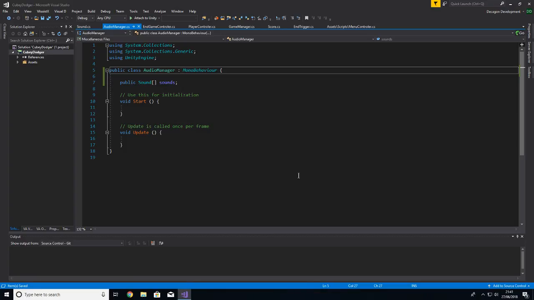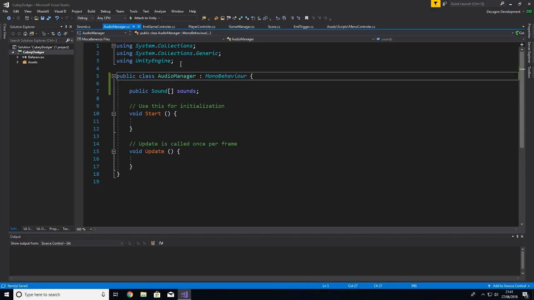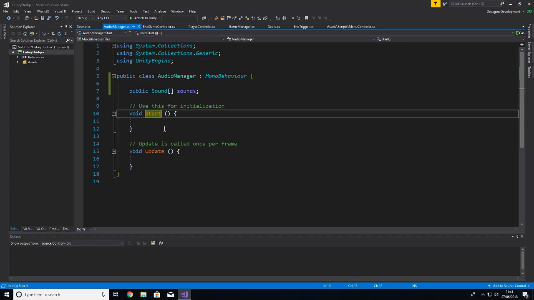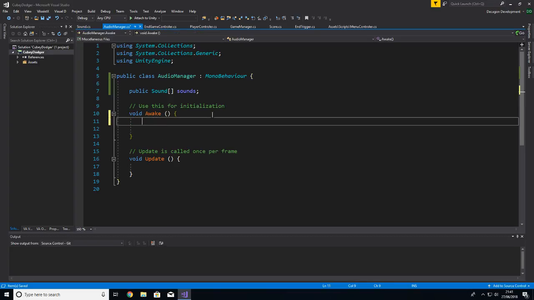Oh, incidentally, if you can't see the text, let me know. In fact, I'll make it a little bit bigger now. Right, so not Start, I want Awake, which is before Start gets run. And I'm just going to do a foreach loop. For each Sound s in sounds,